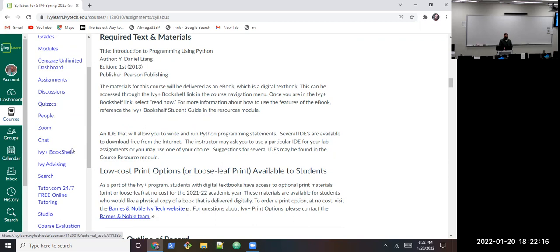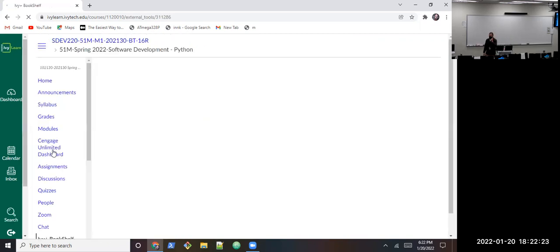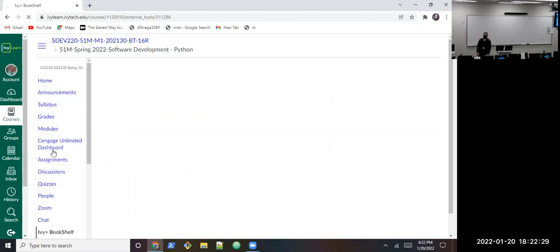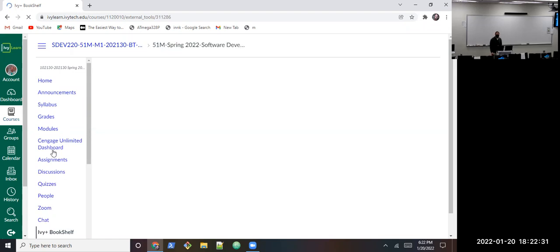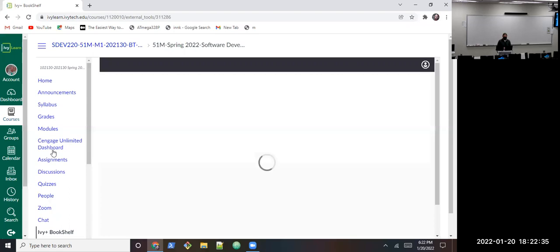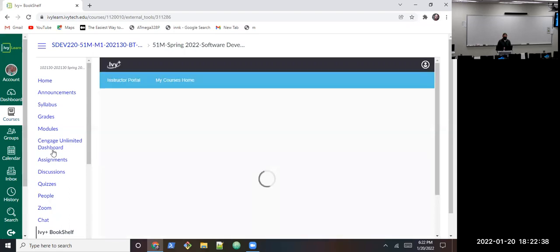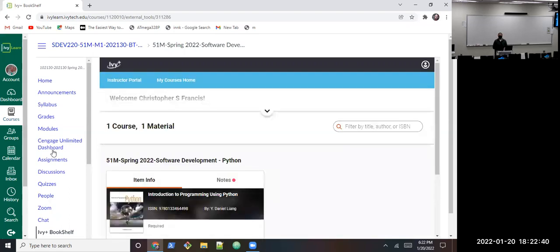It's a Pearson book, so you want to go to the Ivy Plus bookshelf. And here's the e-copy, which started it all. I meant to bring the printed copy, but grabbed the wrong book when I left the house this morning. But it's not a very big book compared to some other ones. It's not exactly super short, but